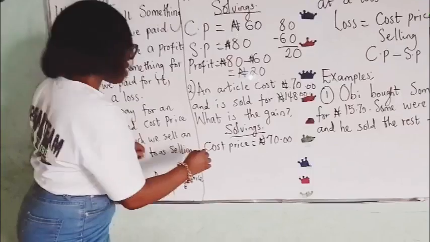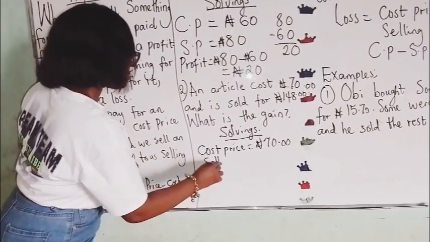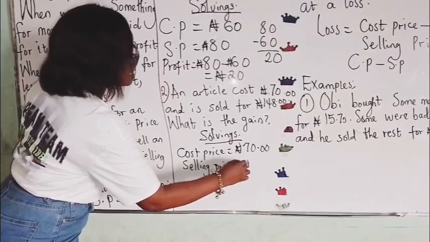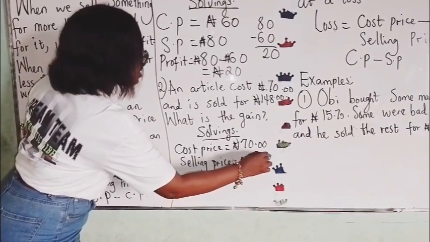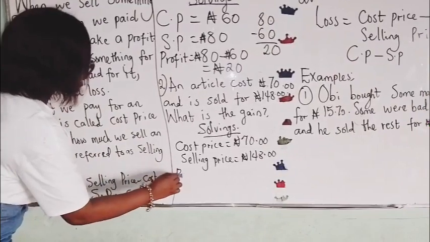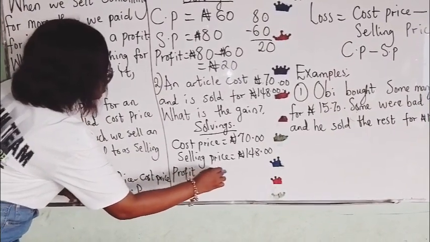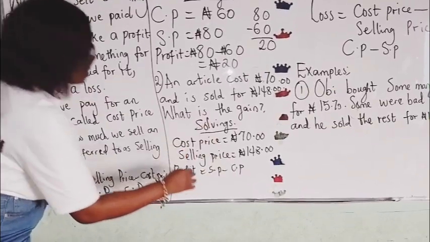And my selling price, what's being sold for, the selling price is equal to 148 naira. Our formula for finding profit still remains selling price minus the cost price. So I have